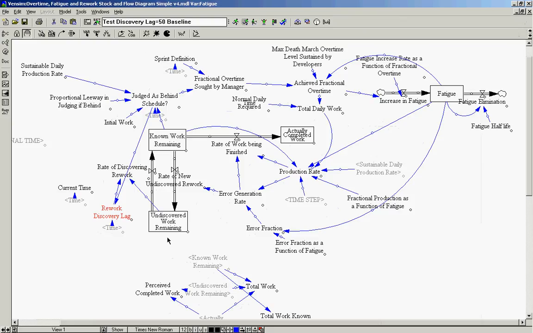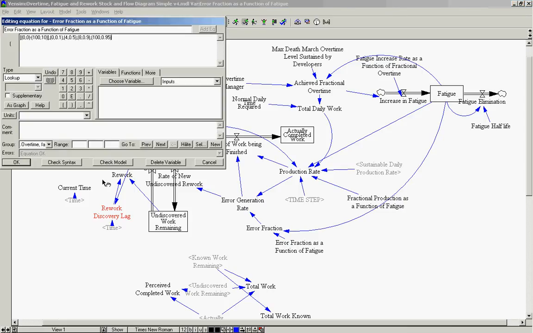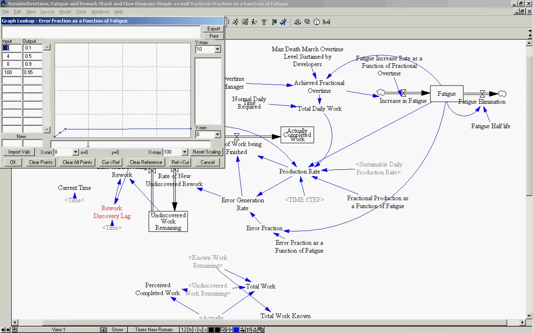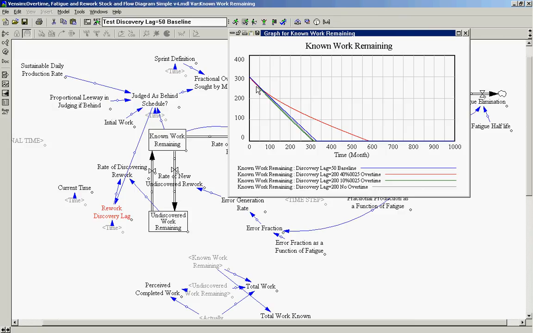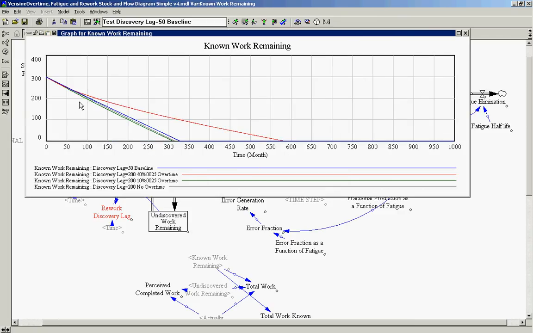And then there's an error generation rate. So there's an impact of these things, like an error fraction as a function of fatigue. So how does the amount of fatigue someone has end up impacting their error rates, and how does it impact their productivity rates? And what you'll see is that there's quite interesting dynamics associated with this. This is the amount of work remaining, for example, under different situations. So we have some amount of work which we have to do initially,